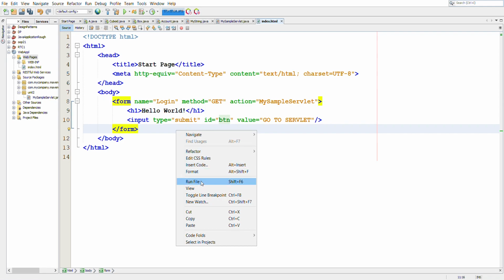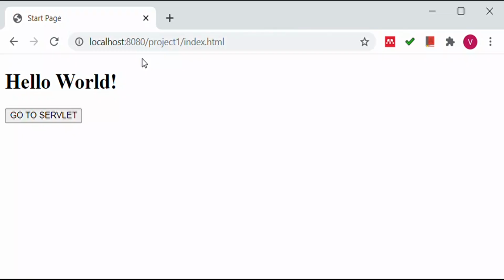So on running this, in the output we will get the HTML page, the index.html. Here, as you can see, start page was the title of our index page. Then in the address bar, we can see localhost. This is the server which is residing on our local machine itself.